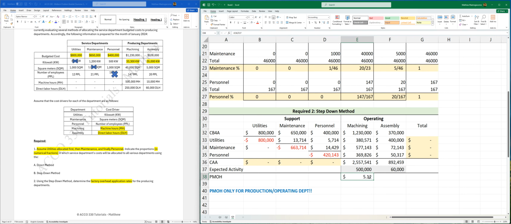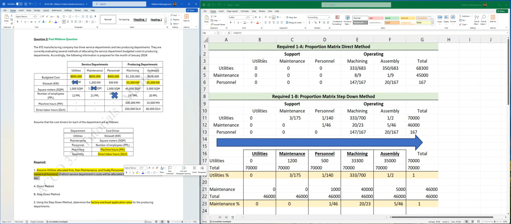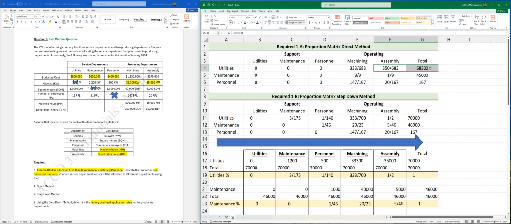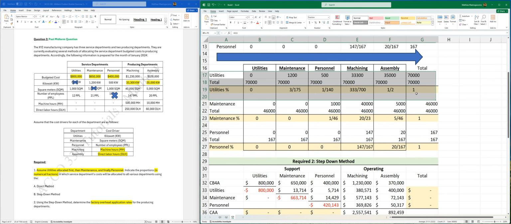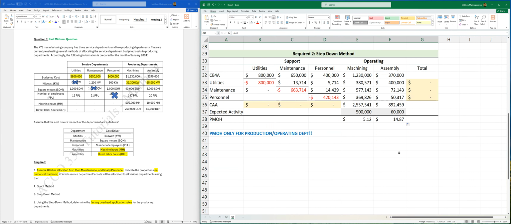Okay, so we have 5.12 here, then we have 14.87 here, and just like that, guys, we have now answered a past midterm question on chapter 15 for period cost allocation, guys. So it's pretty tricky, especially, guys, we haven't seen this before, but do the proportions. But now you guys know how to do it. If they ask you for the proportions, just build your proportion matrix, whichever way you like. You could build it the way we did, which is kind of like one shot, or you could do it line by line as we did it here. Whichever way you prefer, you do that. At the end of the day, guys, I just want you guys to get the question right, so it's good to see